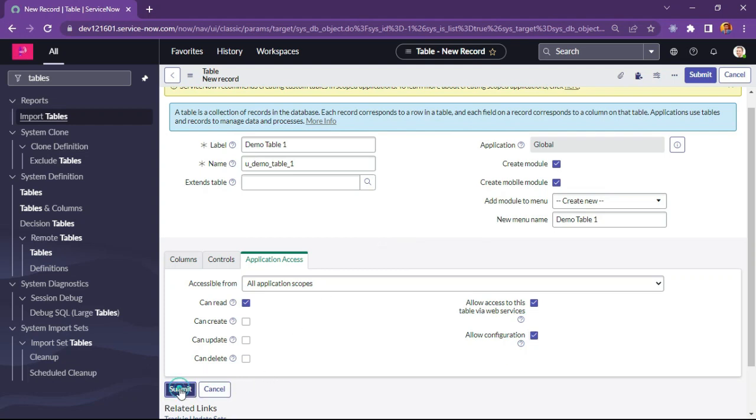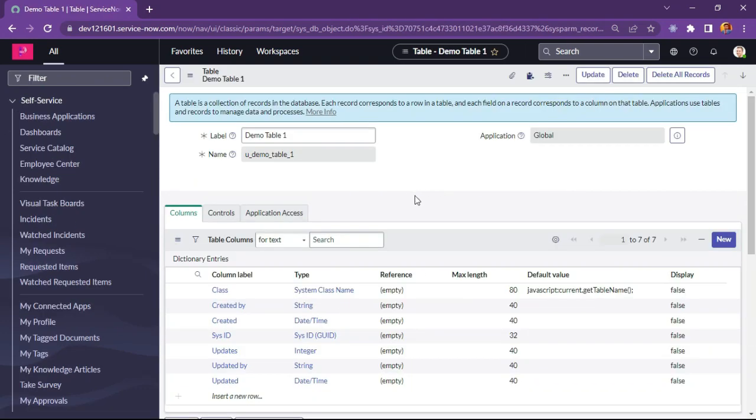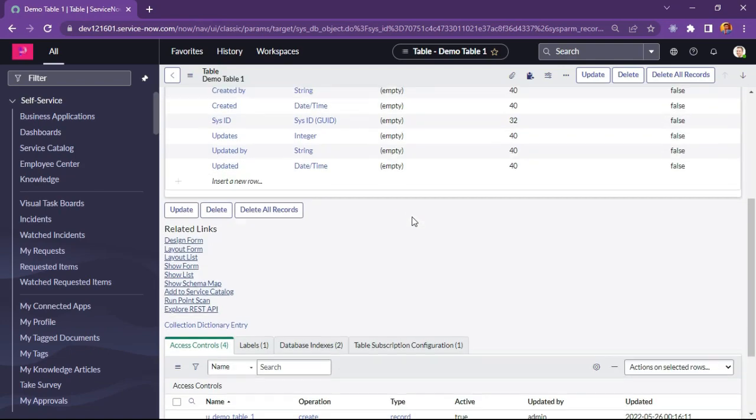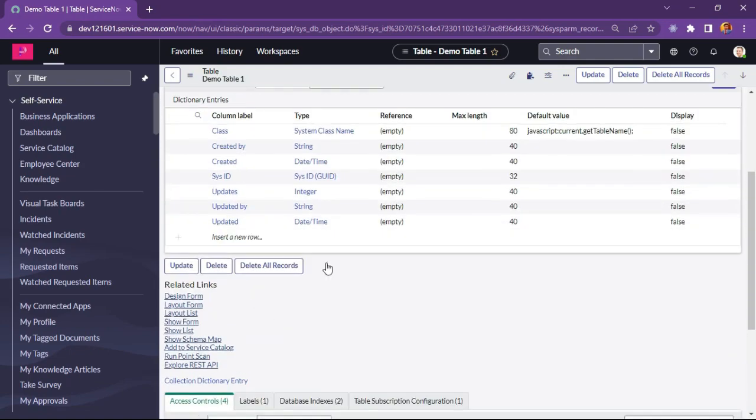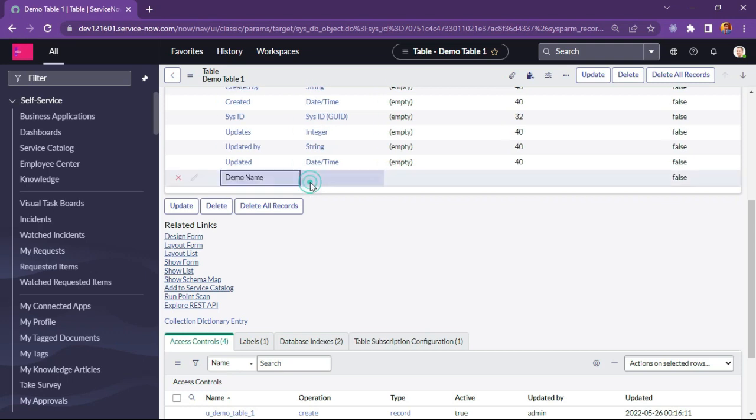Let me submit it and see how this table is created. As we can see, our table is created. Now I will show you how we can create a column within this table. So let me double click here and insert a new column with the name field. Suppose I will add it as demo name, and